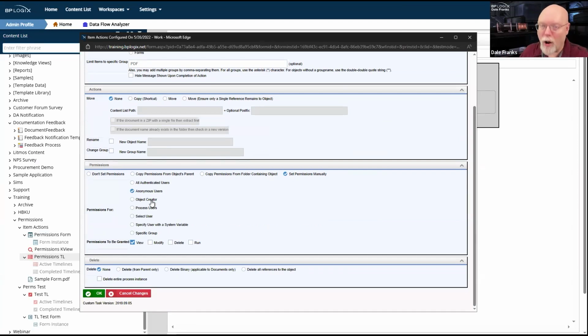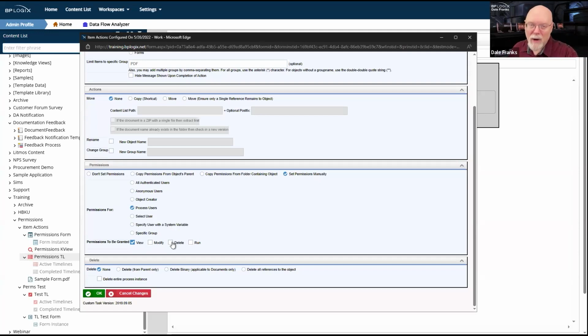pretty tall. However, what if I was to give the process user view, modify, and delete permission to the content list? Then for the time that they have an active task assigned to them, they could technically access the content list.